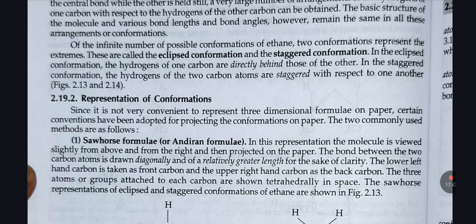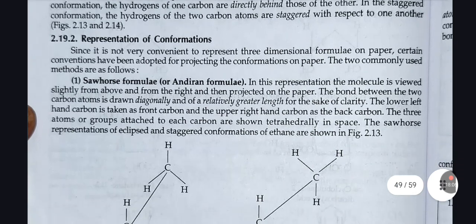Representation of conformations. Since it is not very convenient to represent three-dimensional formulas on paper, certain conventions have been adopted for projecting the conformation on paper. The two commonly used methods are as follows. First, the Sawhorse formula. In this representation, the molecule is viewed slightly from above and from the right and then projected on